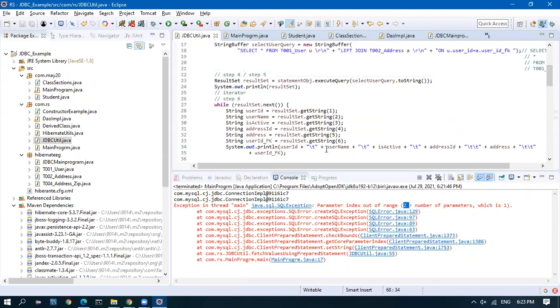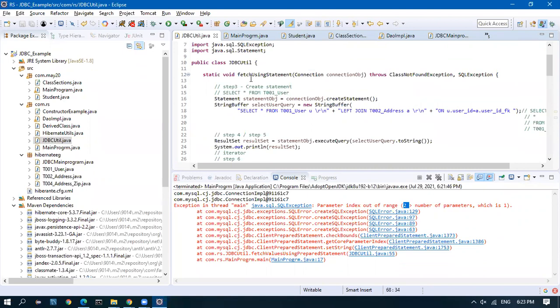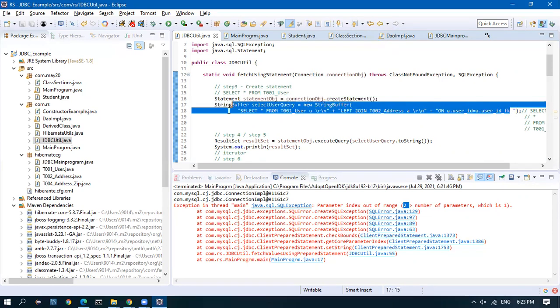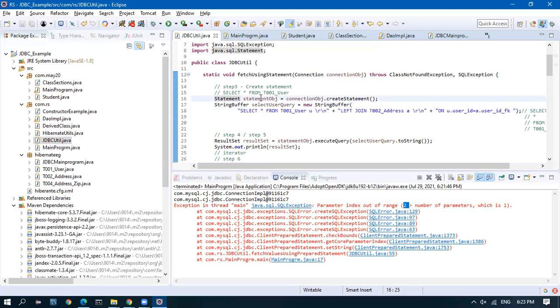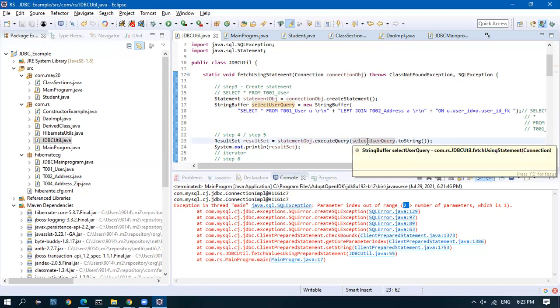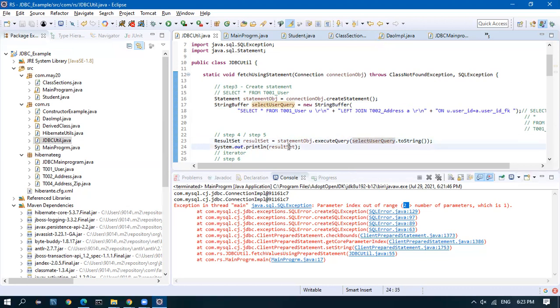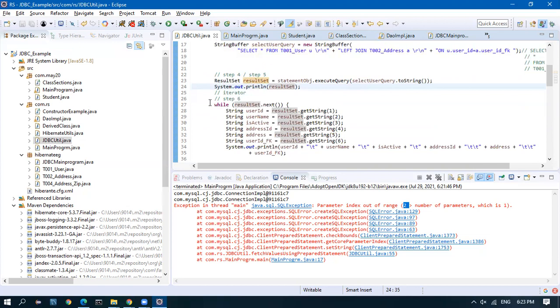So in the same way, I have another one. Yeah, this is the statement I was telling you about, the basic version. It starts from user, left join address on, without any criteria, meaning we don't have any where condition or filter condition. So this need not have a prepared statement. I just use a statement equal to connection.createStatement, and connection.executeQuery with the input query. The output is the same. We have to iterate and get the result.